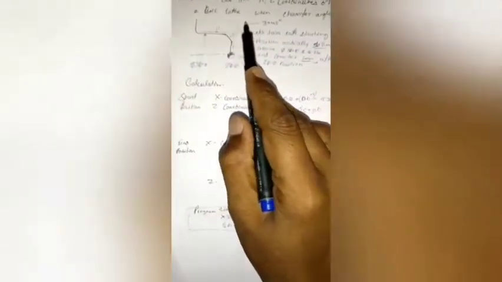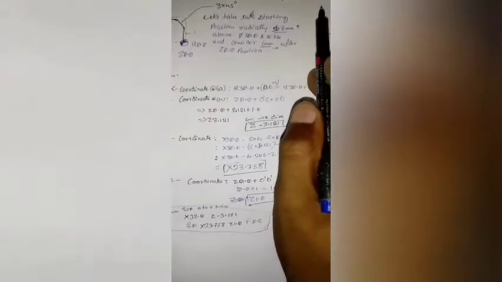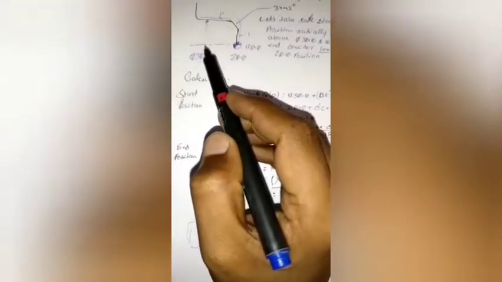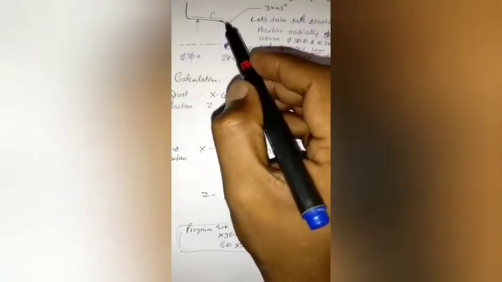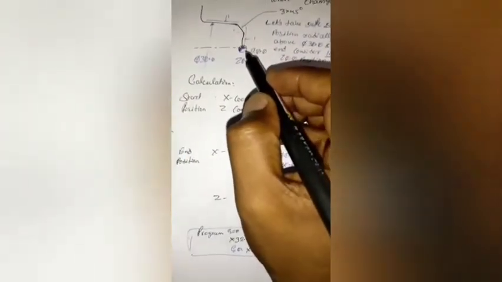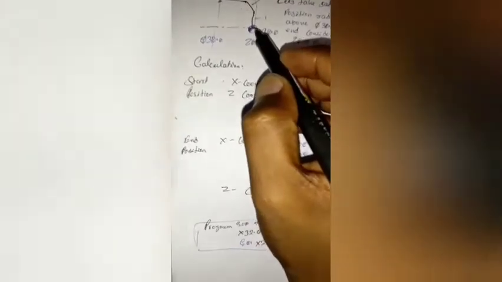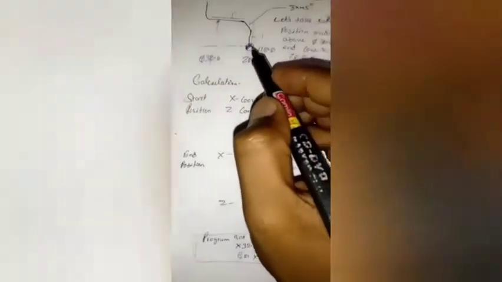The first example is how to set the X and Z coordinates of a cutting tool in the CNC lathe when the chamfer angle is 45 degrees. Here we have taken a part. This part has 30 mm diameter. So a chamfer has been provided here. It has the origin of program, X0.0 and Z0.0. This is the origin of the cutting tool or program which has been made as 0.